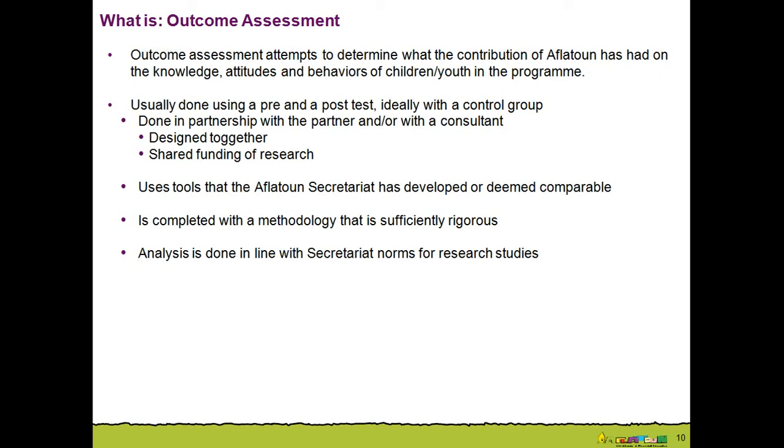The outcome assessment will use tools from the Aflatoun Secretariat to make sure that they're comparable across programs. It'll be completed with a methodology that is sufficiently rigorous in consultation with the Secretariat, and the analysis will be done in line with norms of research studies of this type to ensure that they're, again, sufficiently rigorous, unbiased, and transparent.